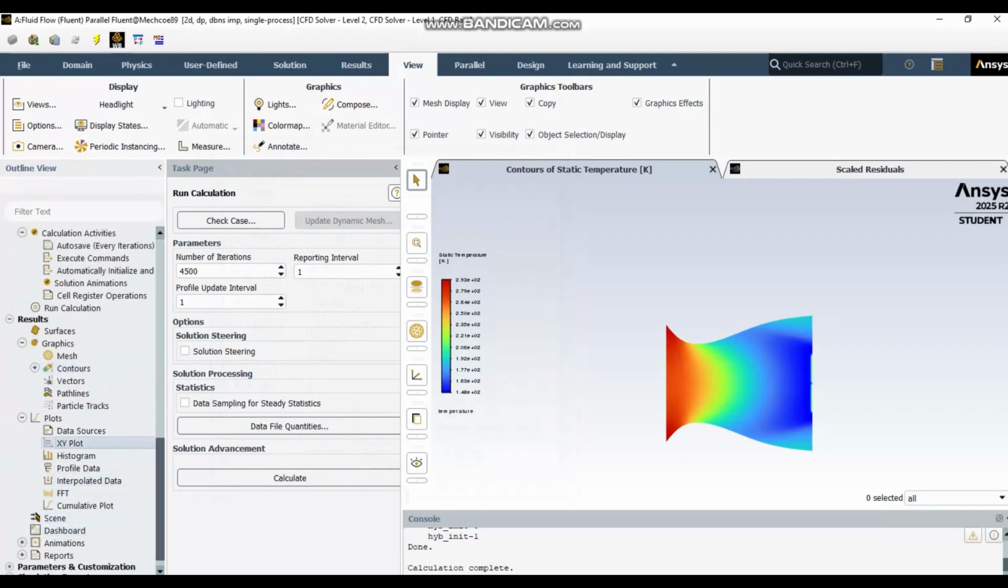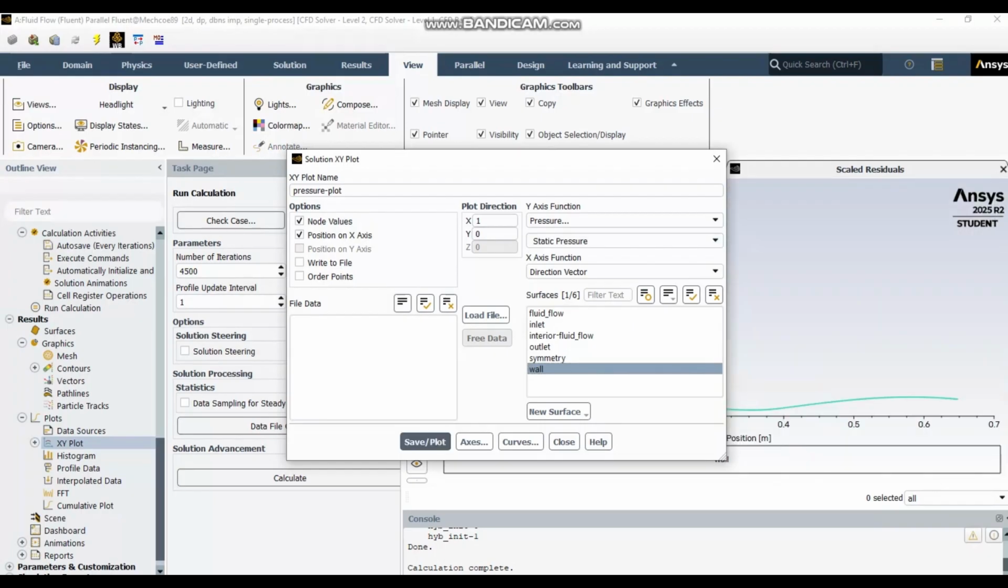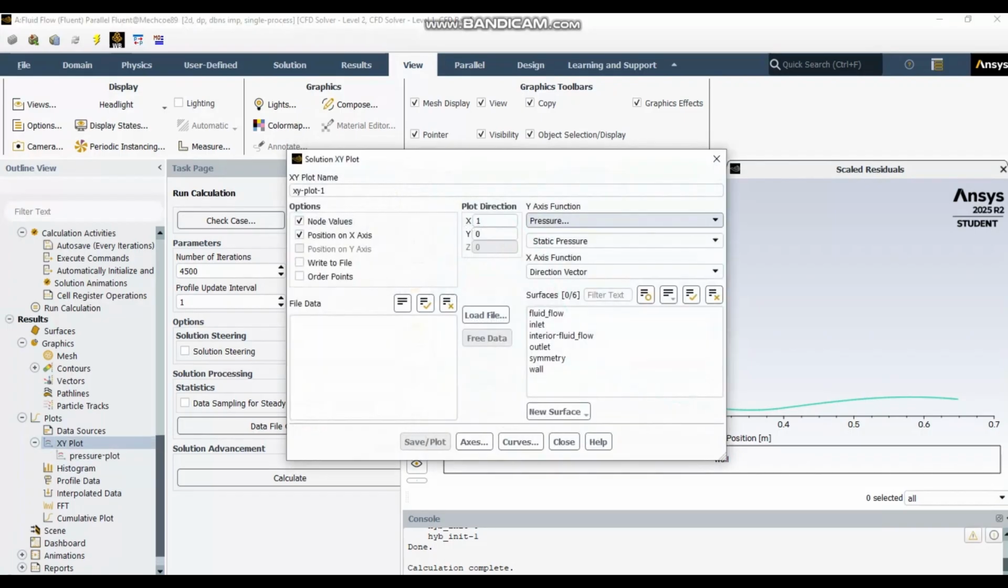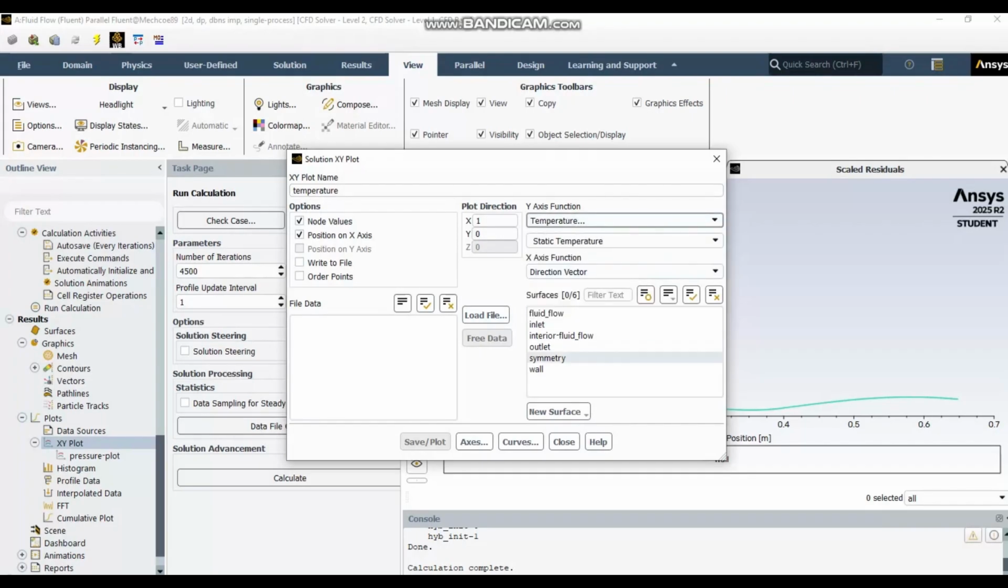In post-processing, select Contours and select Locations as Symmetry 1 and click on Apply to see the pressure contours. Similarly, you can double-click the XY plot, enter the value pressure and select the fluid flow wall to visualize the pressure variation. Double-click the XY plot, enter the value temperature and select the fluid flow wall to visualize